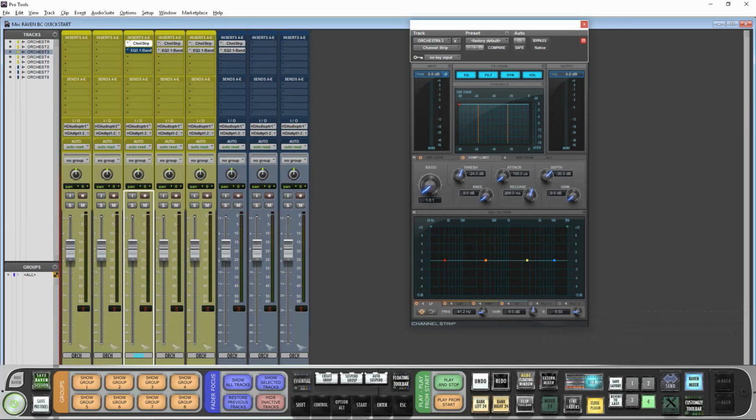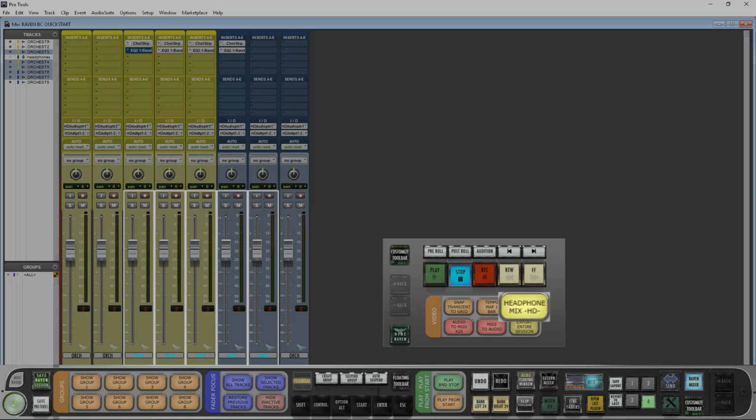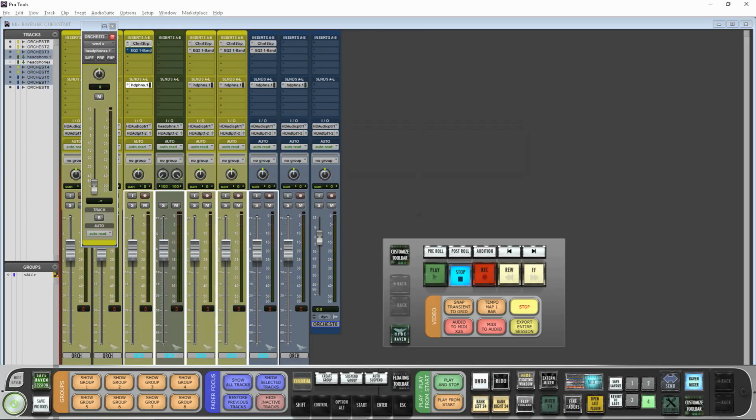If I'm tracking and I want to make a headphone mix, the Raven can now do this for you. Select the tracks that you want to send to headphones, and on Layout 4, you'll find Headphone Mix HD. Click Headphone Mix HD. The batch command will create a stereo auxiliary track and name it Headphones. Then it will copy the send to all selected tracks and then copy the audio fader level to the send